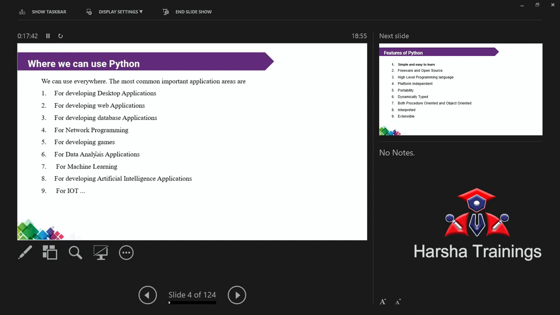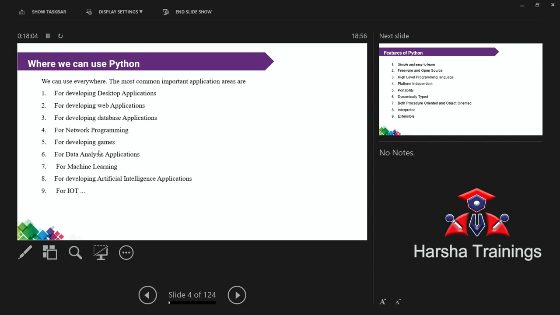The next one is developing games. Actually, Java games are more popular. For example, if you are using some game, first the screen opens with Java. Later on, whenever Python came into existence, instead of Java programs, they converted the Java into Python.